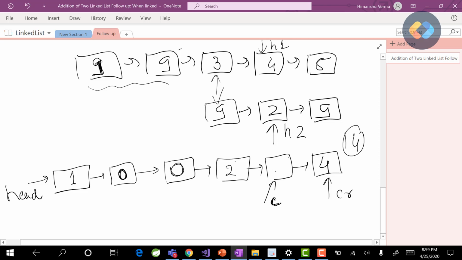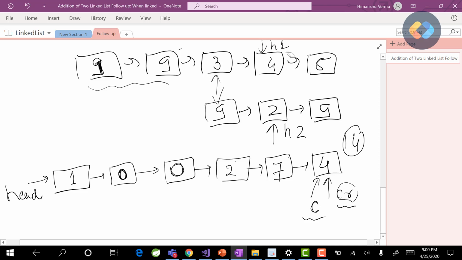So the first thing we do is increment the value of the node being pointed to by carry. Initially the value was 6, so this will become 7, and then we'll move it to the next node until it comes to the node being pointed to by our crawler, right? So our carry node will stop here.